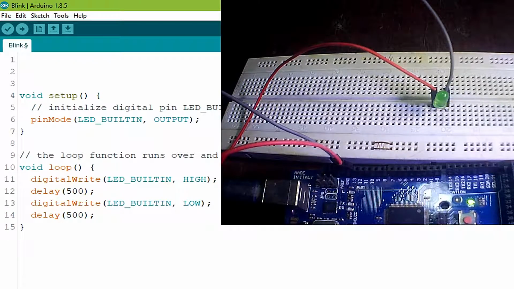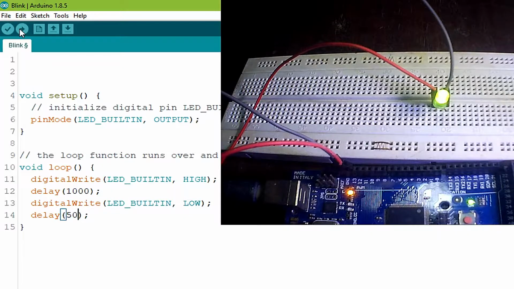If I reduce this time more than that, for example, if I change this here and make it 50 milliseconds, then the blinking rate will be much faster than before. Here you go, it's running faster. So you can play around with this code by changing the delay in different ways like I did here. If I change the high state or low state here, I have changed it to 50, you will see the LED will just flicker